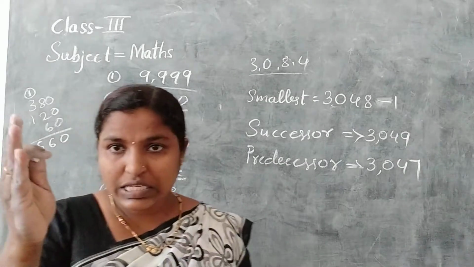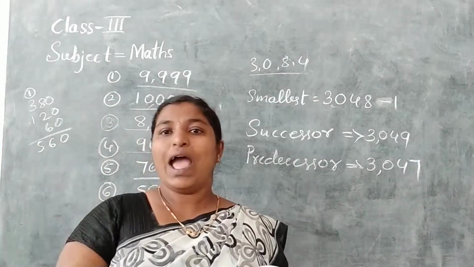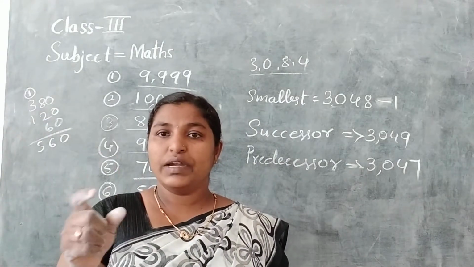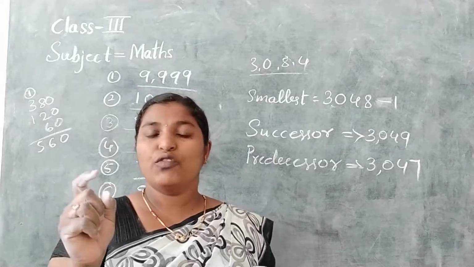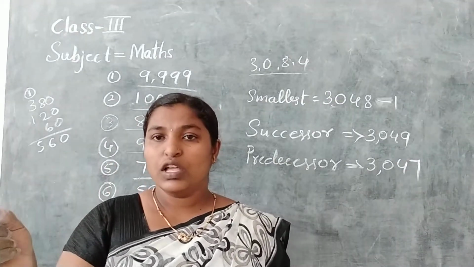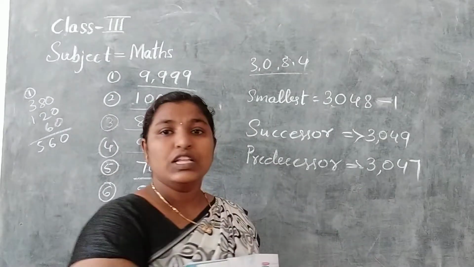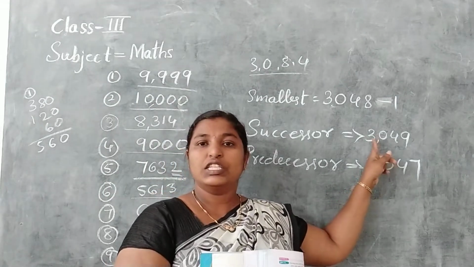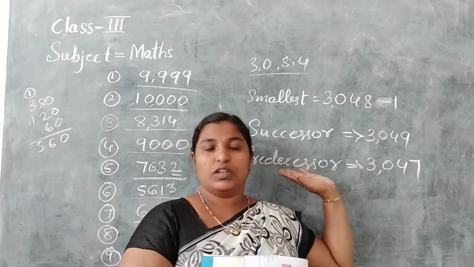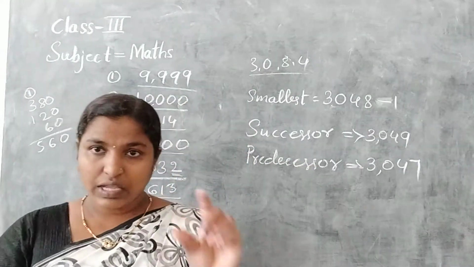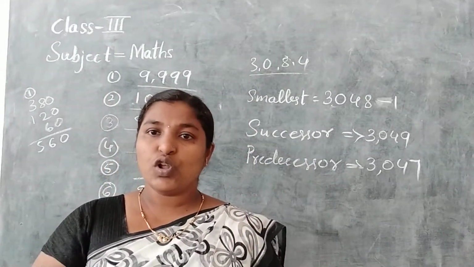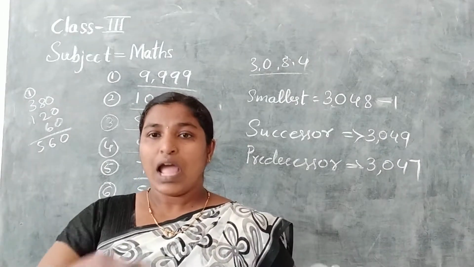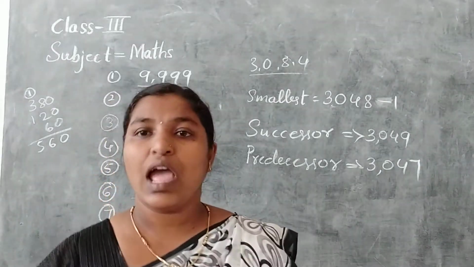Okay. So successor means the given number you add 1. Predecessor, to identify the predecessor for the given number, you should do minus 1. So predecessor is nothing but the just before number of the given number. Successor means the just after number of the given number. So I hope you are clear with this concept. And skip count also I told you how to do: skip count 2, skip count 3, skip count 4. And while solving the problems, again I will explain.